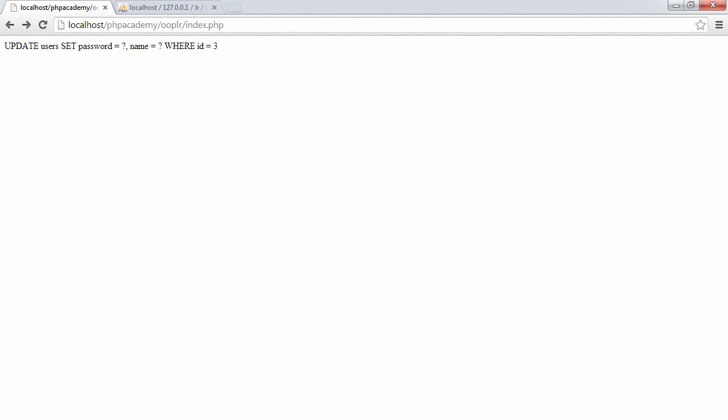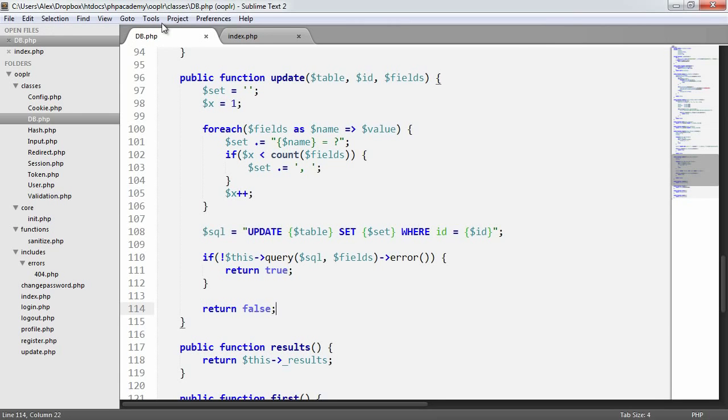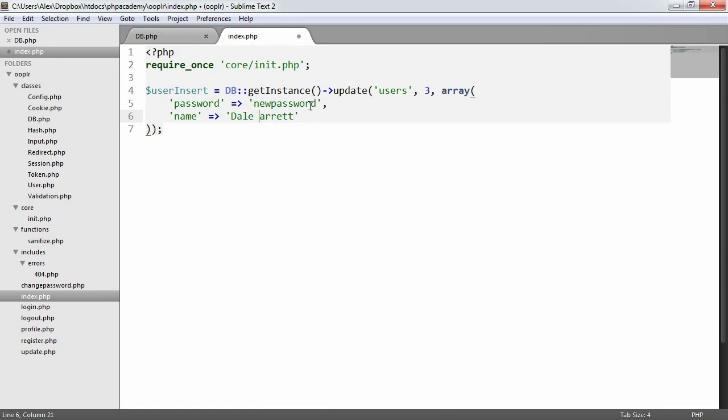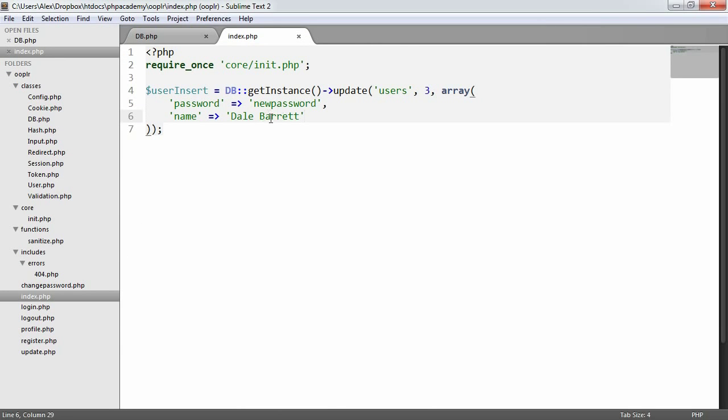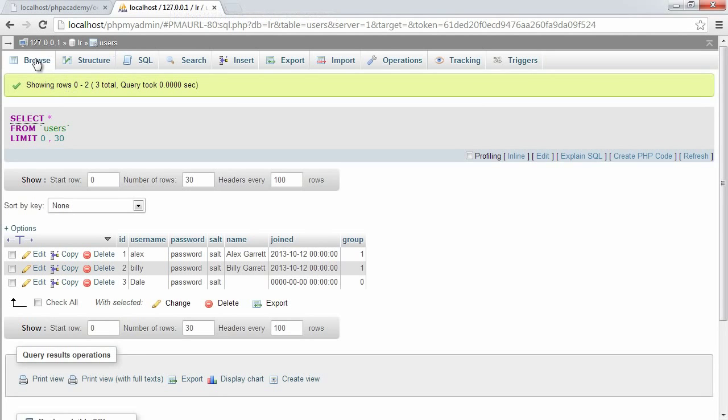So let's go ahead and check this out and see if this actually works. Let me just change this to something like Dale Barrett. So what we're expecting now is for the password to be updated to new password and name to be updated to Dale Barrett. In actual fact, let's change this back to Garrett because there's no name as it stands. So let's run our code and see what happens. There we go. I'll assume that this works, but I'll check my database just to make sure. And there we go. We've updated the password field to new password, and we've updated the name